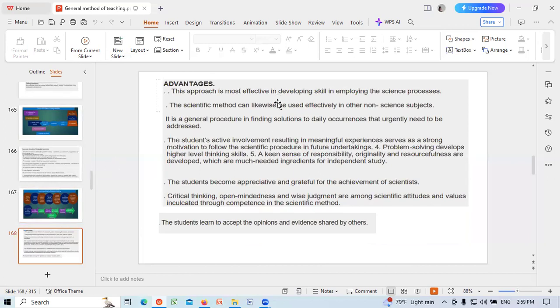This approach is most effective in developing skills in employing the science process. The scientific method can likewise be used effectively in other non-science subjects. It is a general procedure in finding solutions to problems that urgently need to be addressed. The students' active involvement, resulting in meaningful experience, serves as a strong motivation to follow the scientific procedure in future